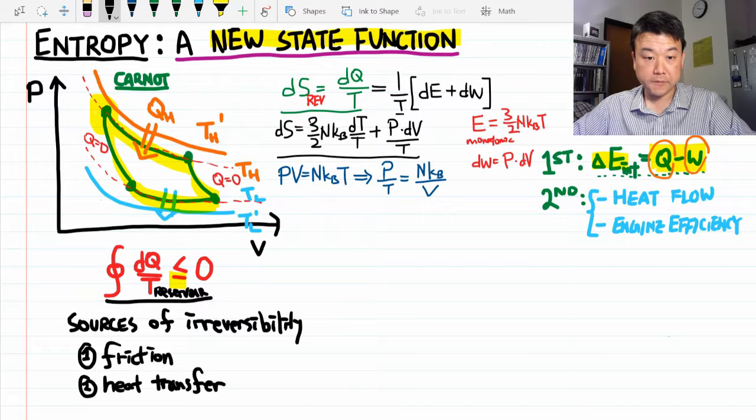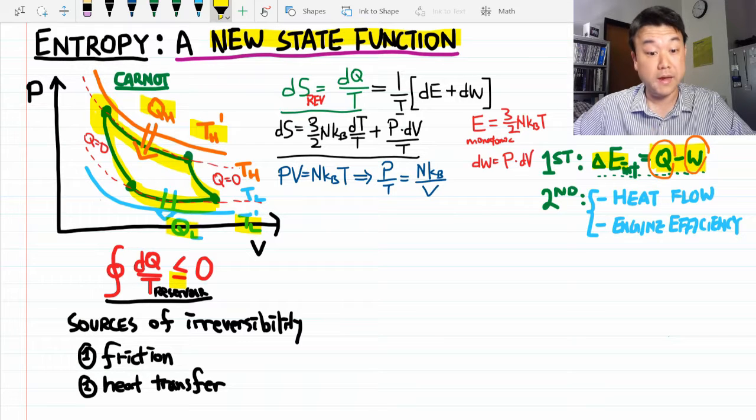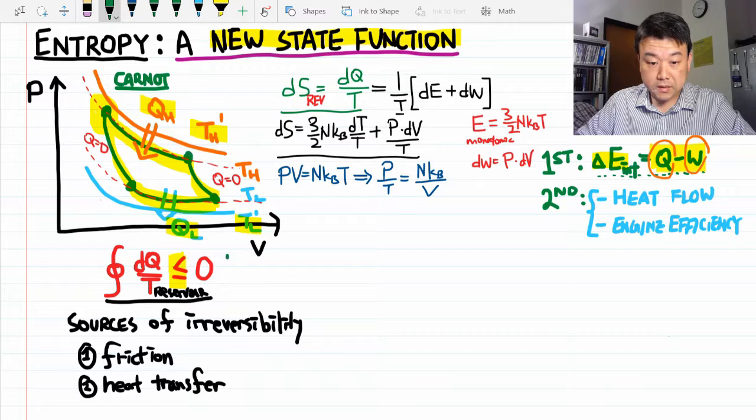So you can see it here. With the quantities that are going to cause positive change, the temperature of the reservoir is now higher, so the positive terms will be less than what they were before. With the terms that are going to cause negative change, now the temperature is lower, so the magnitude will be greater, it'll be more negative. So when you're done adding it all up, it is going to be negative for this irreversible setup. So this is Clausius's inequality.